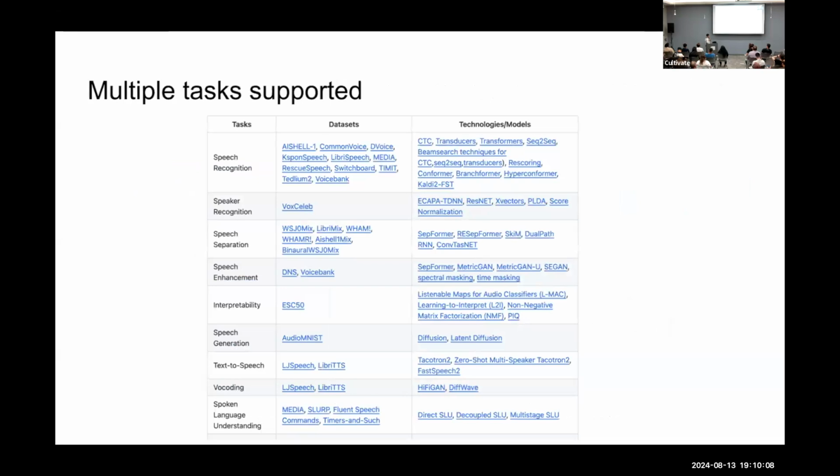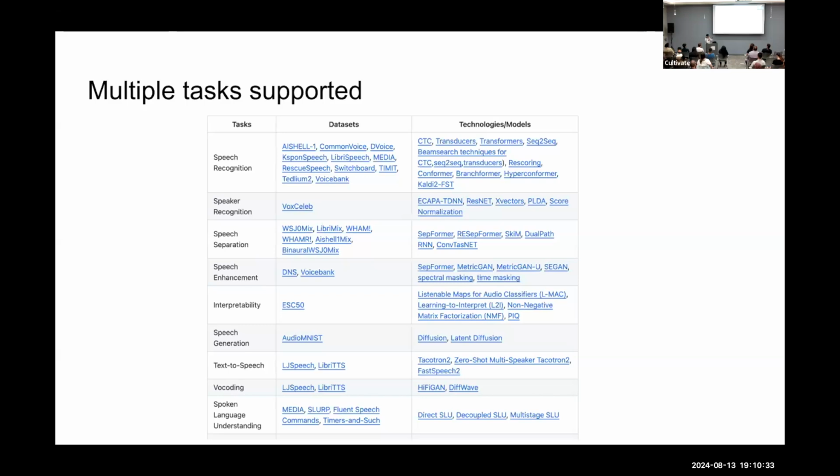This is just a snapshot of what we provide in SpeechBrain. You can find a lot more details on the website. We provide many models on speech recognition, speaker recognition, speech separation, speech enhancement, then interpretability, generation, of course vocoding, and also understanding.